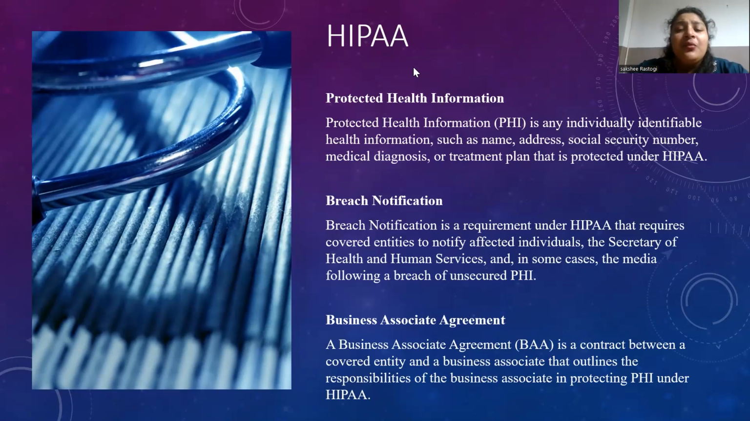Protected health information is individually identifiable health information, which includes demographic data, medical history and conditions, test results and treatment plans, insurance information and billing records, health insurance numbers and identification numbers, biometric data, which is fingerprints and facial recognition, genetic information, mental health and substance abuse treatment records,